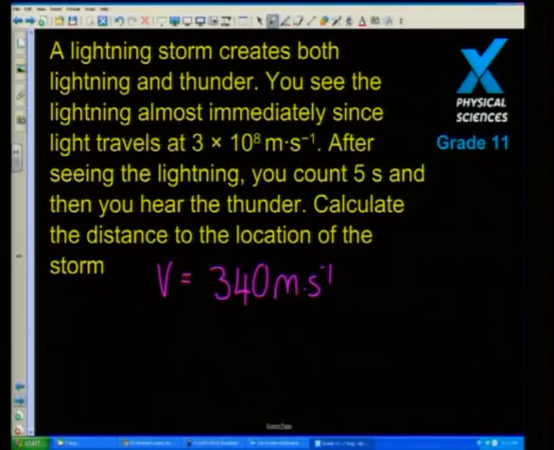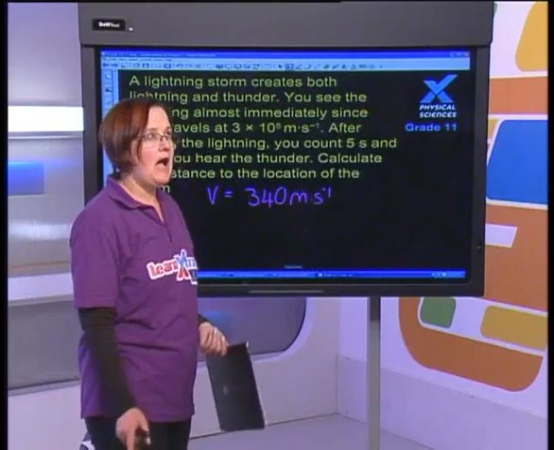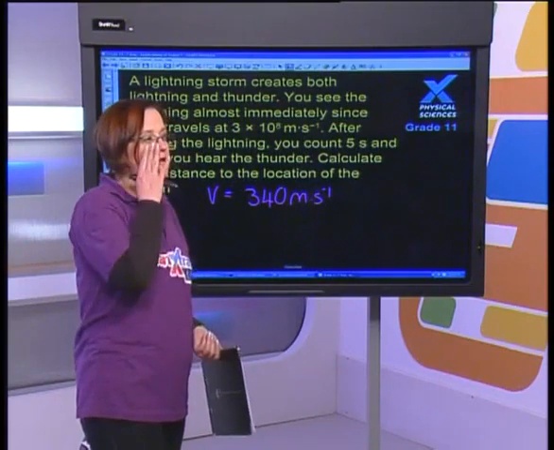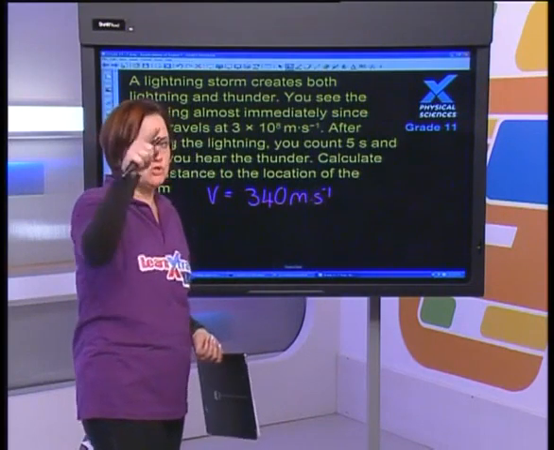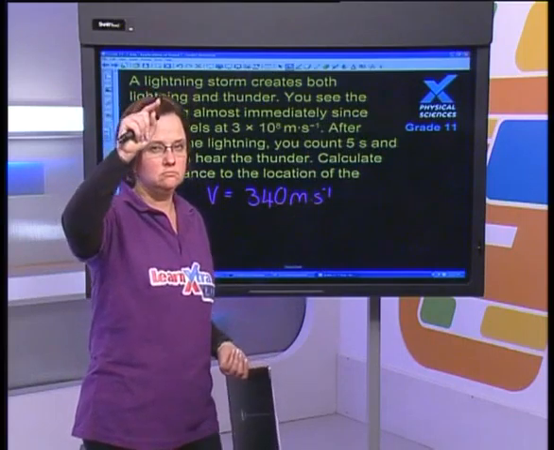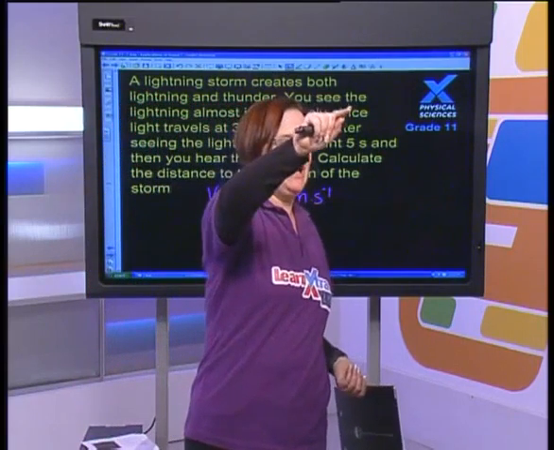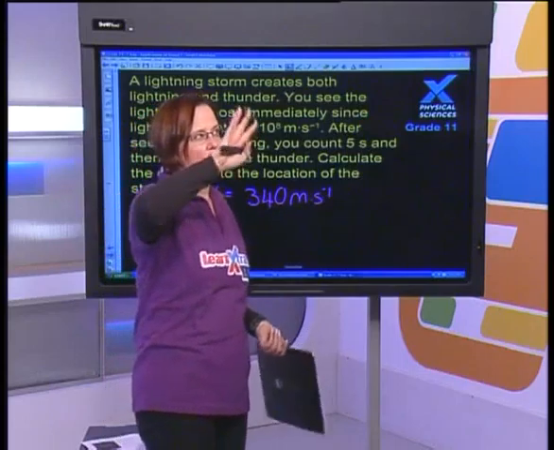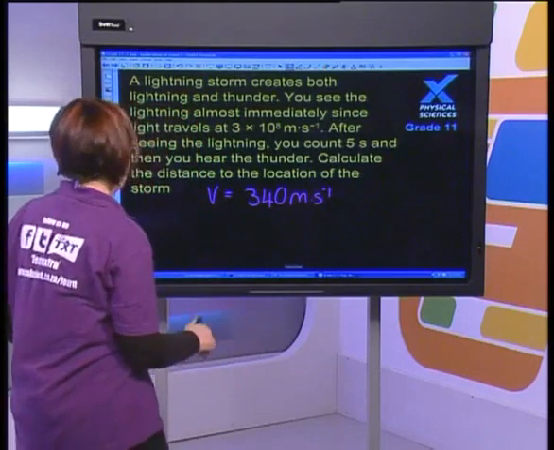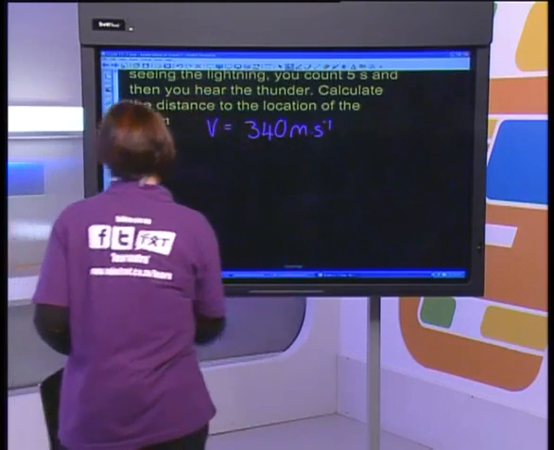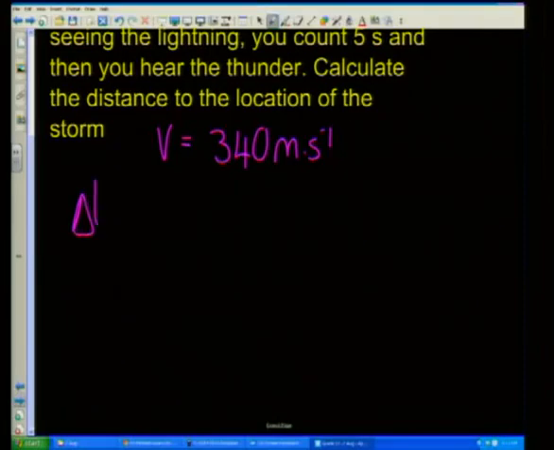340 meters per second. I'm hoping some of you are going, no, actually, I heard once that for every 3 seconds, the storm's a kilometer away. Okay? So if it's 5 seconds, that's about 1.66 kilometers away. Let's see how right you are, because that's the theory, that for every 3 seconds, it's a kilometer away. Okay, so we know velocity and time,